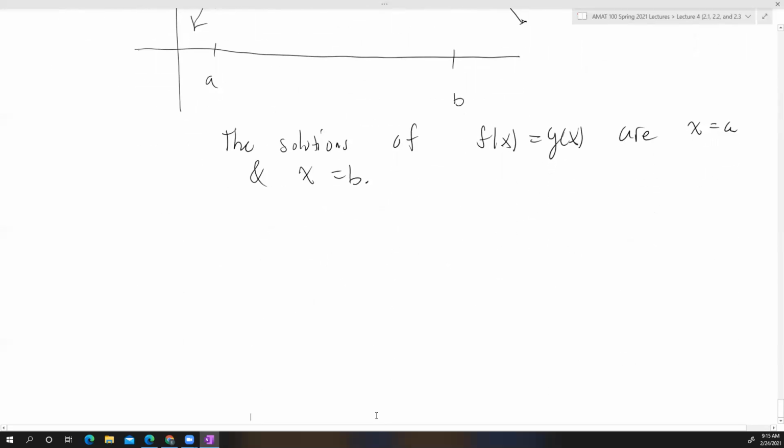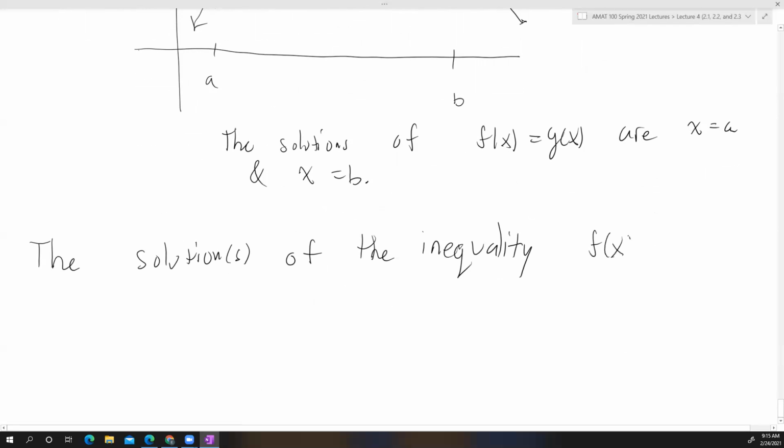Similarly, we have a geometric interpretation of inequalities. So the solutions, maybe there's only one solution, or there are no solutions. So the solutions of the inequality, oddly phrased actually, because that's assuming there are solutions, but there might not be. So the solutions of the inequality f of x less than g of x are the values of x